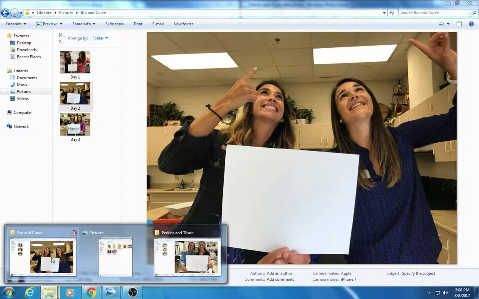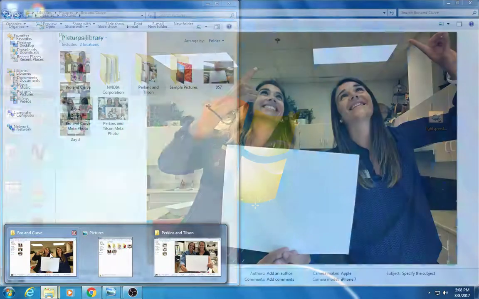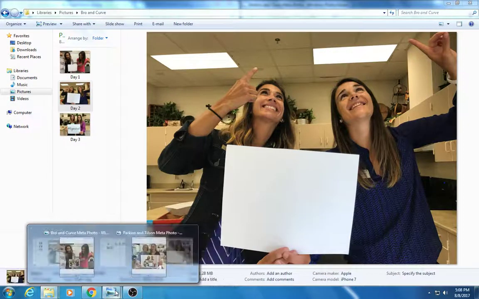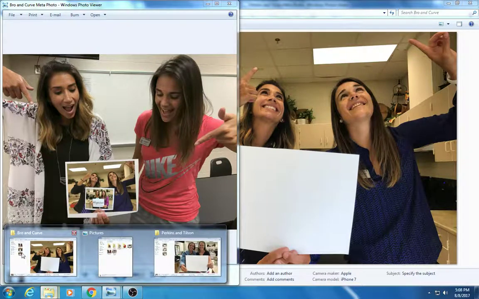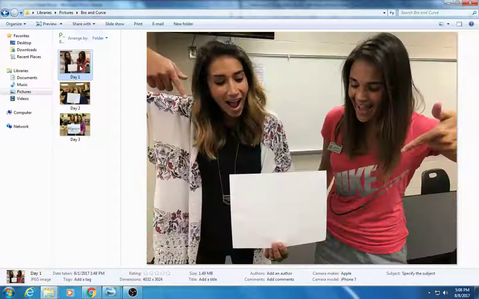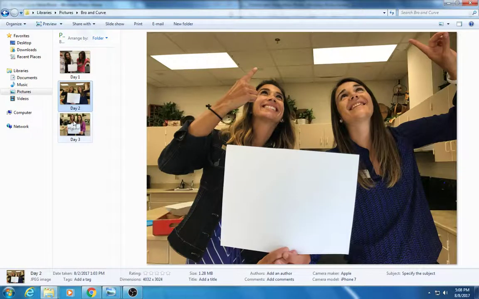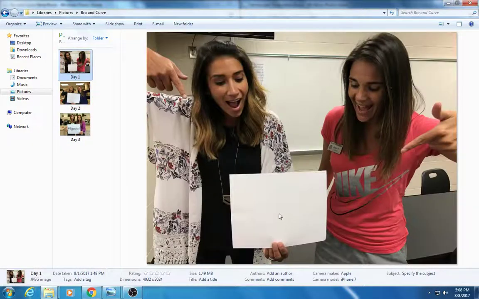And if you look at their meta selfie, it's pretty neat because it looks like they're interacting with it. So this first day they're pointing down, second day they're pointing up. So think outside the box. Think about how you could make your meta selfie like day one and day two interact with each other. Each day could interact with each other. So this is day one, this is day two,